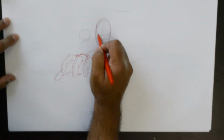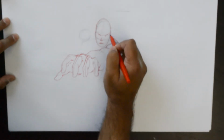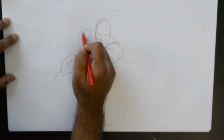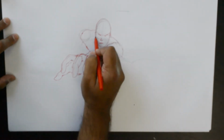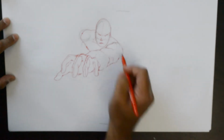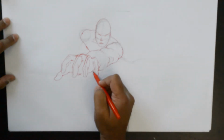So nose, eyes, mouth, depending on what we want to do with this. And then the other shoulder like that, going into the pec. If you want to put some structure for the collar, that is fine. And then